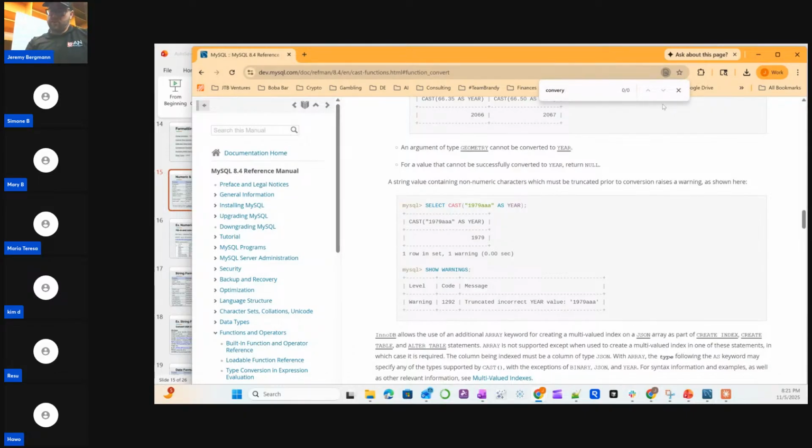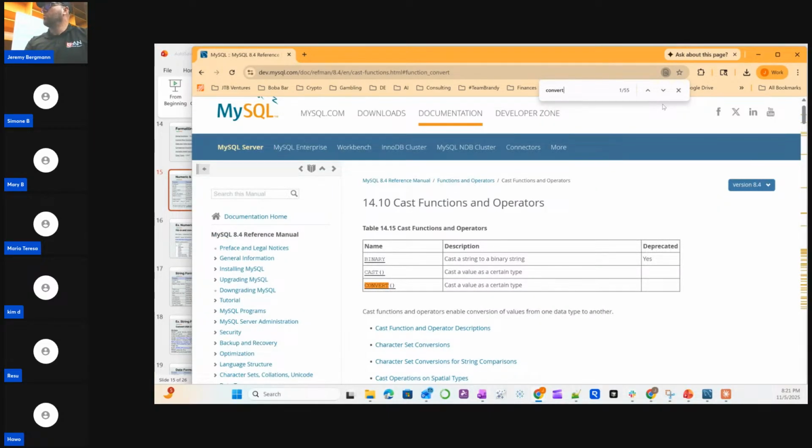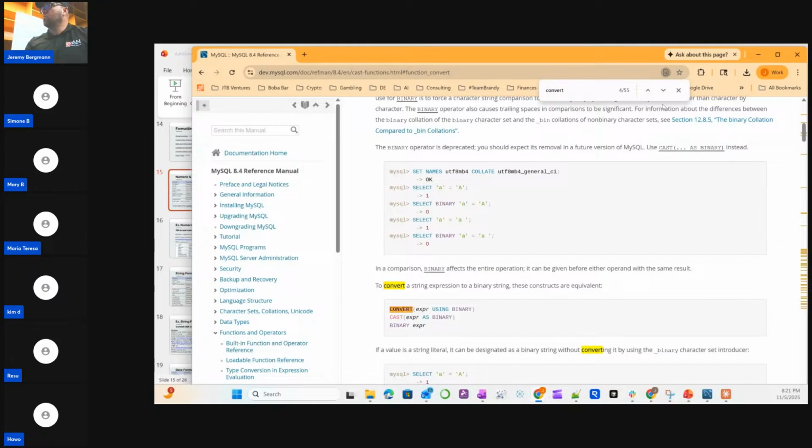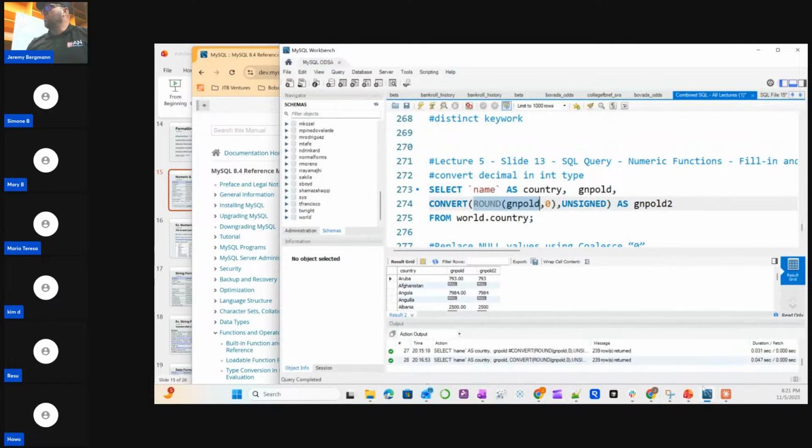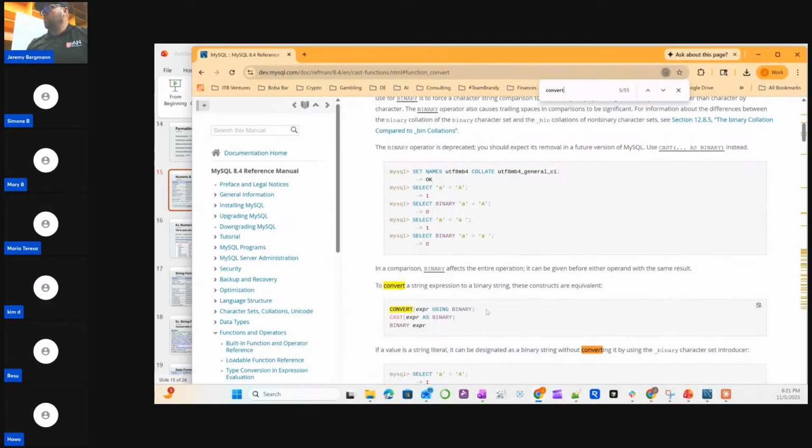Sometimes I don't find all this documentation always the easiest to use. Convert expression using binary, but we were using it in a function. Oh no, but because we were using the round function first. So you do that number and value, and then you choose the data type. I kind of waffled around on that. So you do the expression, and then you convert it using your data type, and your cast is the same